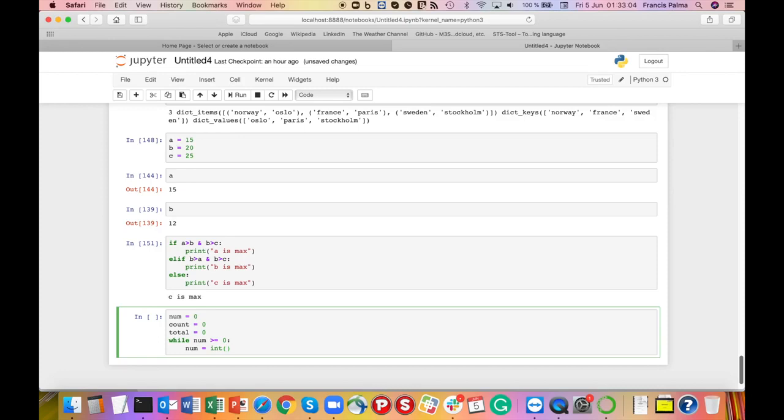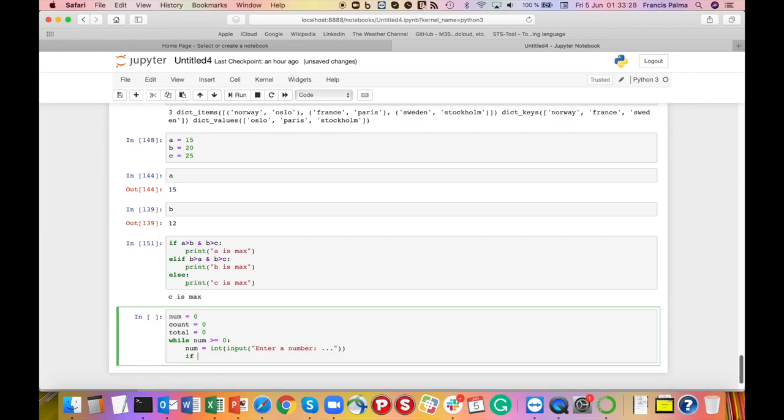So to get the value from the user, we can use this function called input, and let's say we can ask the user enter a number, this message, and user will enter a number, and if this number is greater than 0, then